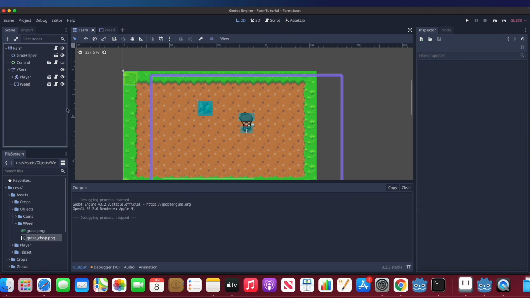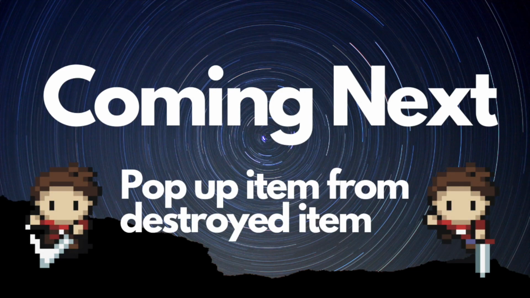Okay, in the next tutorial, I'm going to show you how to generate pop-up items from a destroyed item and then collect